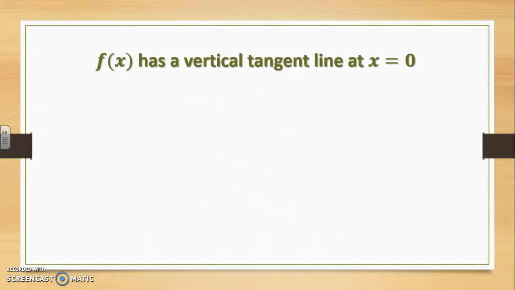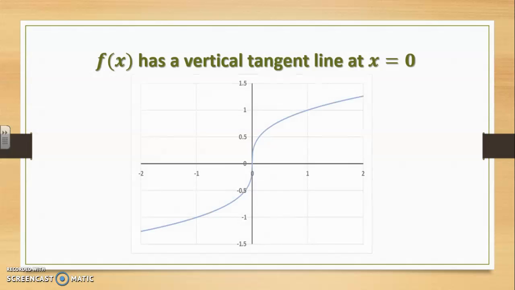Graphically, what we actually get to interpret here is that f has a vertical tangent line. So not a vertical asymptote, a vertical tangent line at x equals 0. Here is our cube root function, and what we've examined is that the function has this infinite trend when it passes through x equals 0. So the tangent line is perfectly vertical, which means it has an infinite slope. So vertical tangent line at the